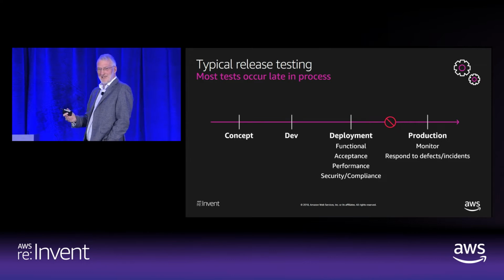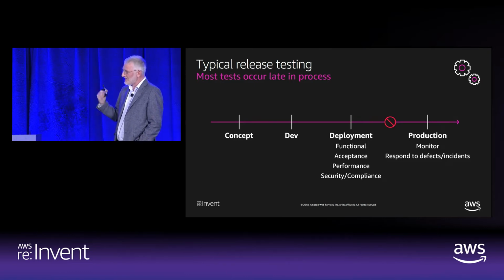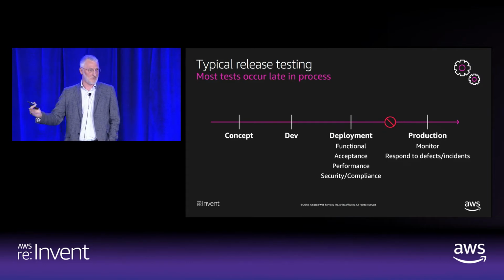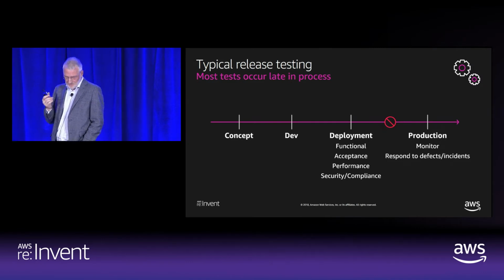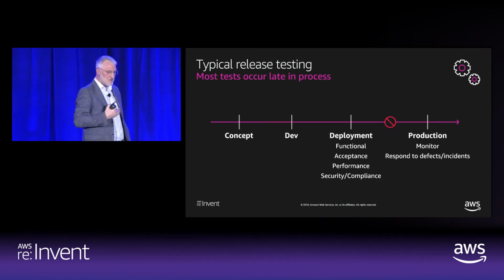And then doing UAT at the very last minute, something horrible happened. We discovered something we missed, and there's no more time. And you still have to get it out to market because you promised the business and you promised your customers you're going to deliver something. So that's not a great approach. And still, for years, we persist in doing it this way.